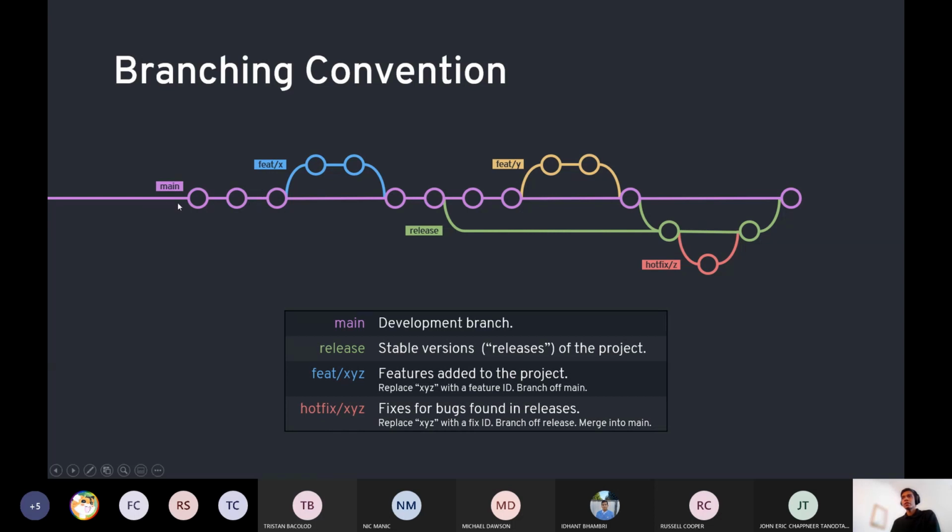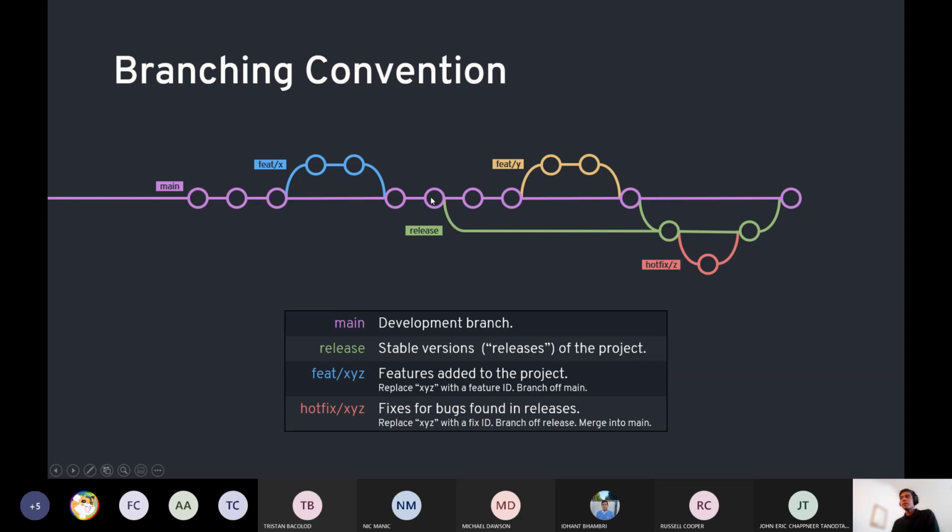A project will by default have a main branch, and if you want to build a feature, you'd usually branch off into its own branch called feat/x. The feat/ prefix is just a convention; you could call it whatever you want, really. And x would be some sort of identifier for your feature. You'd work on the feature, and once the feature is complete, you'd merge it back into main.